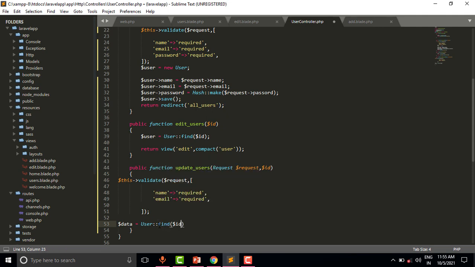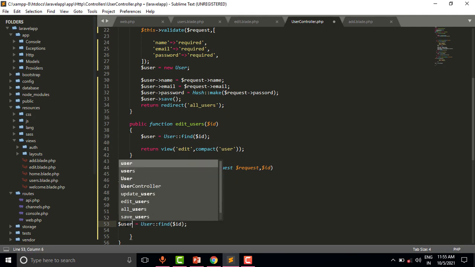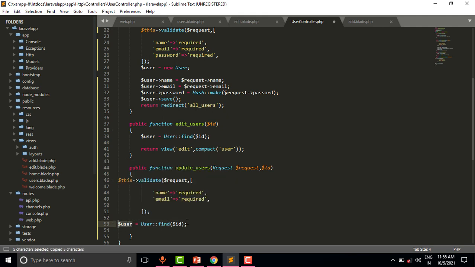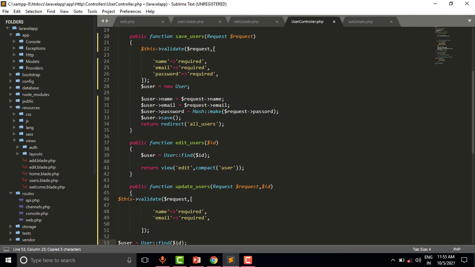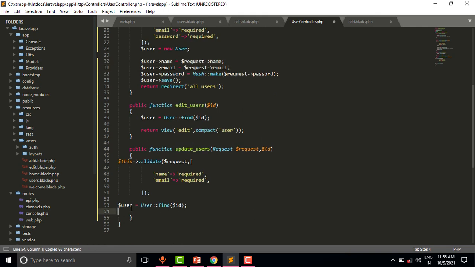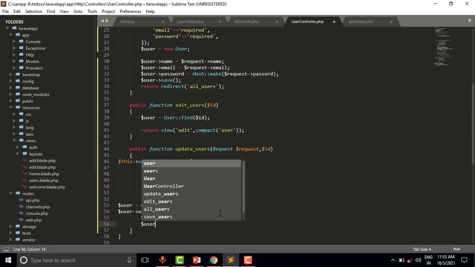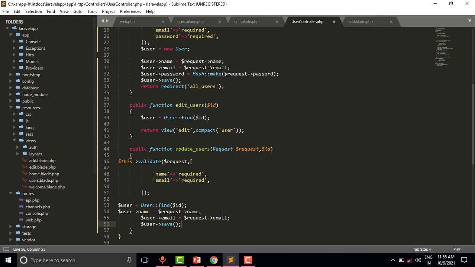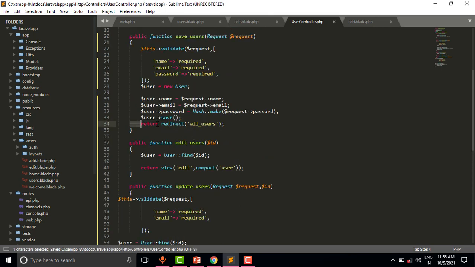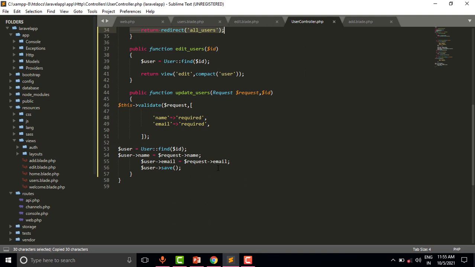Find ID, we will rename this user. User save, and after saving we will redirect to the same page, users page.